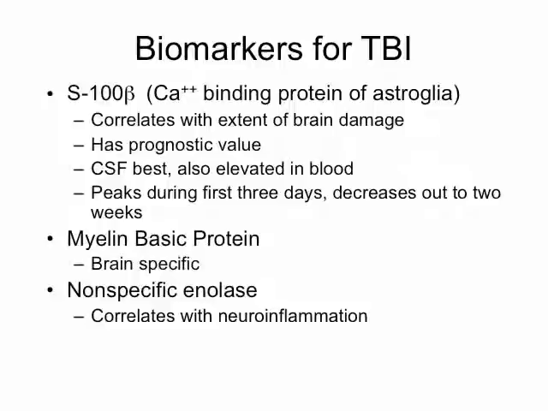Myelin basic protein is also another brain-specific marker because, of course, it is the major protein inside the myelin itself. It's also the target for multiple sclerosis in some cases. So it's obviously an important protein and increases in CSF and blood as well. And then there's one other enzyme, a non-specific enolase, which tends not to correlate with the amount of brain damage,